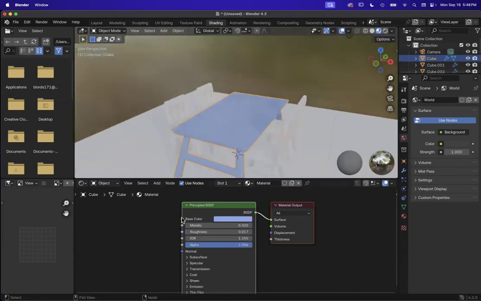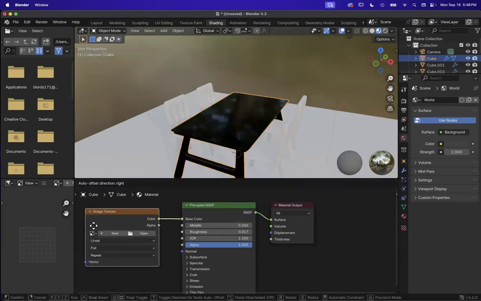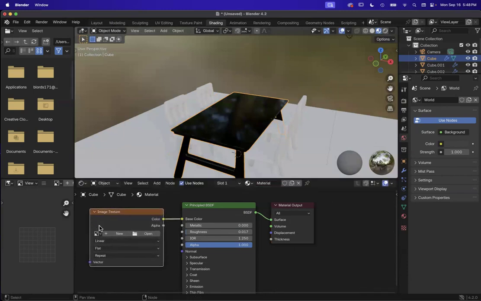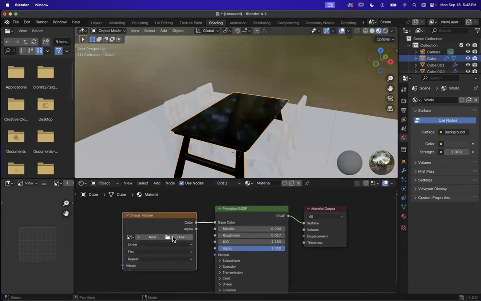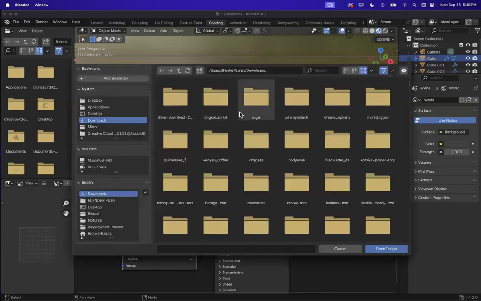So we're going to go next to Base Color. I'm going to click the little yellow dot and drag to the side, and I want to type Image Color. And I'm going to click this and set it right next to it. What I want to do is open an image that's going to be wrapped around my table. So I'm going to click Open and I'm going to go to Downloads